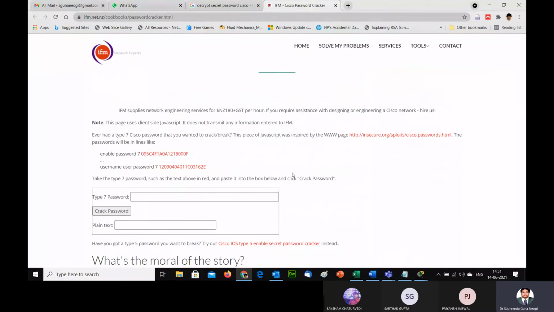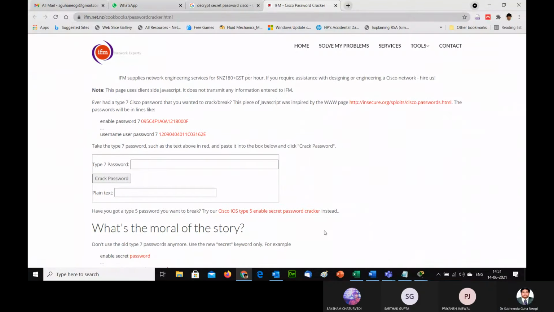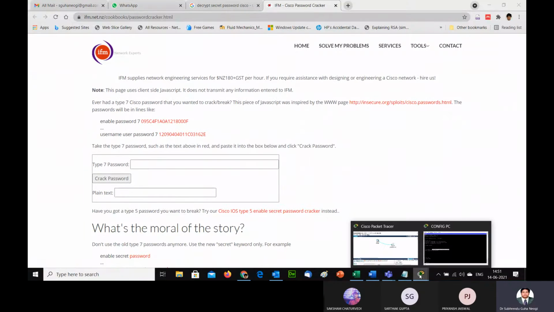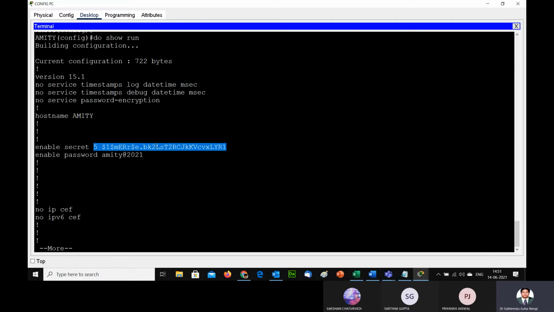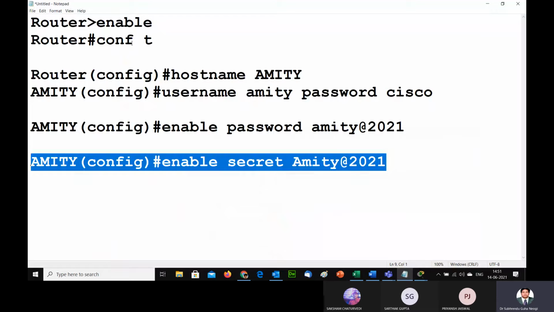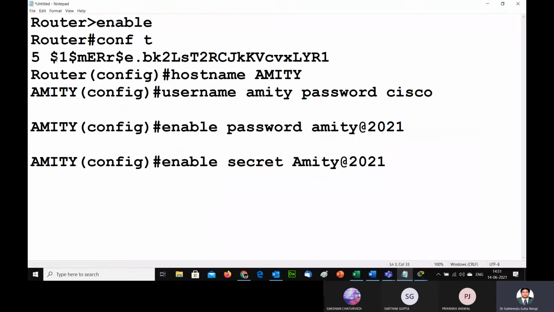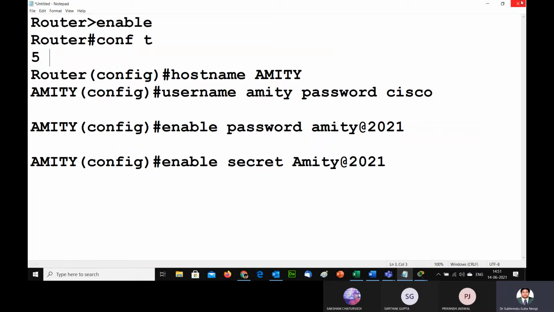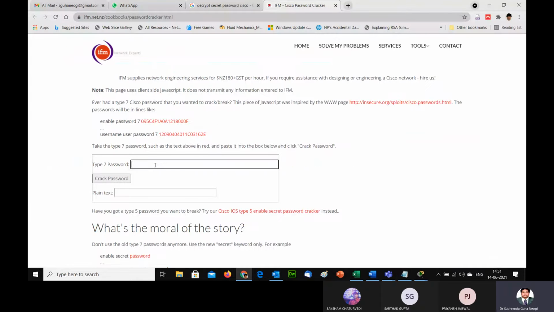You can go and type this, and it is asking to just provide the type 7 password. So you can always go and type this password, and then try to decrypt that password.